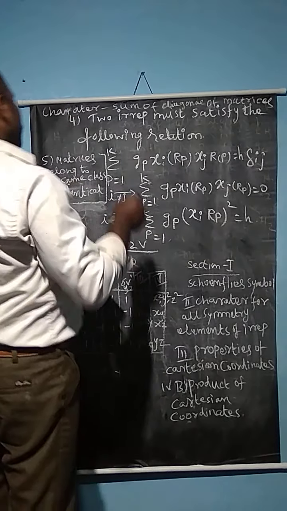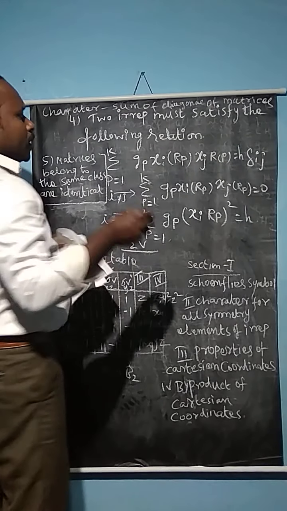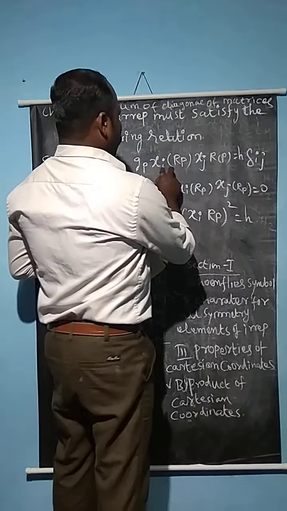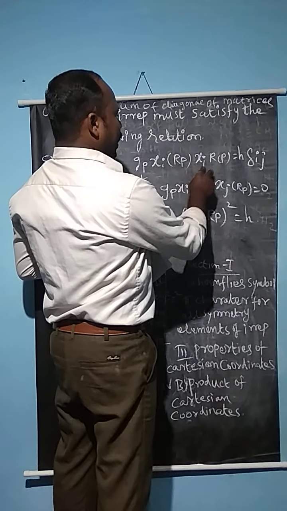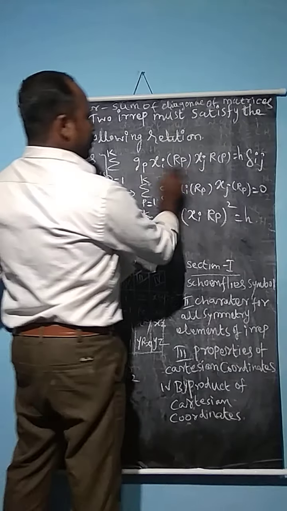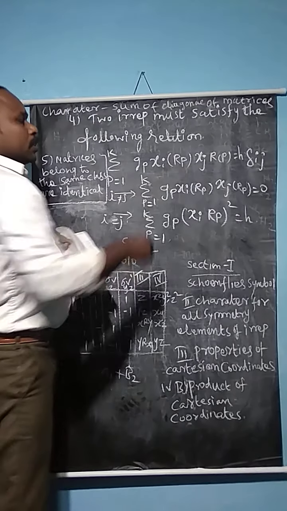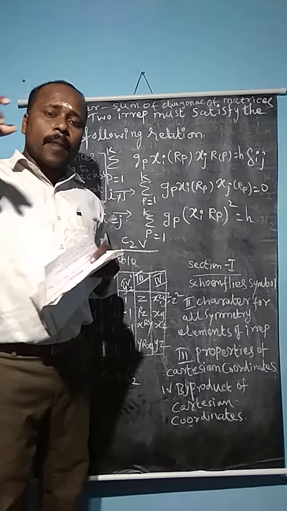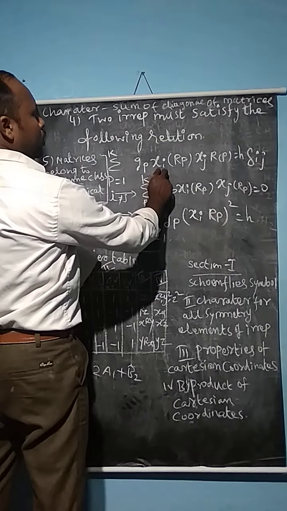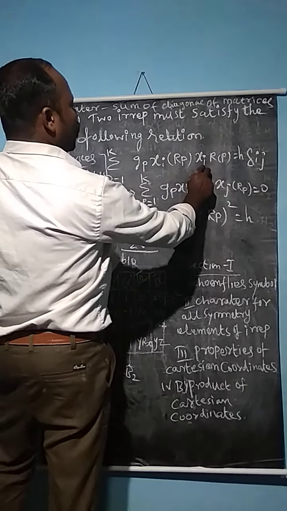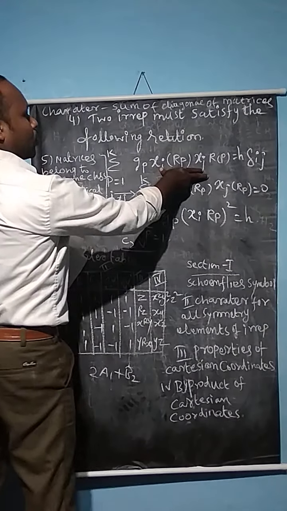Here I have written character. What is the meaning of character? We have just noted χi and χj as the character. This χi and χj is obtained from the symmetry. It is the diagonal matrix of the product. Character means the sum of the diagonal elements of the matrix of the product is known as character.